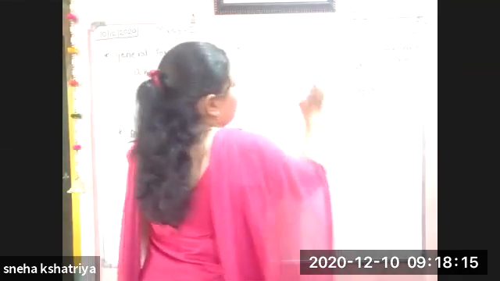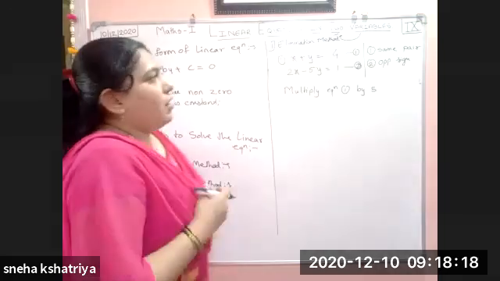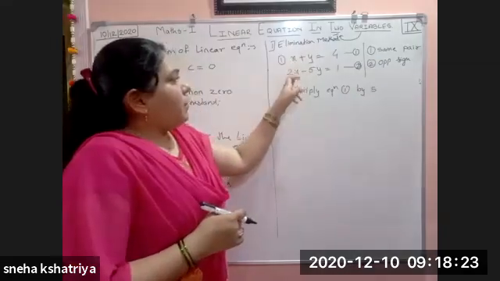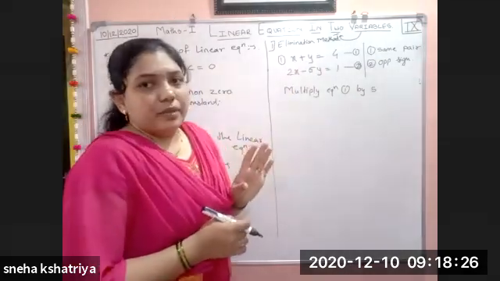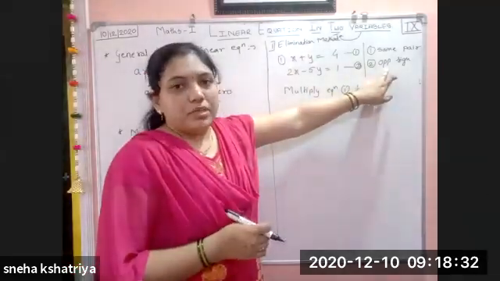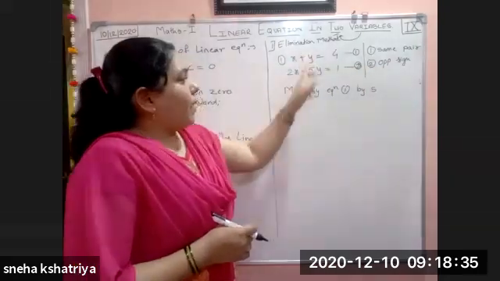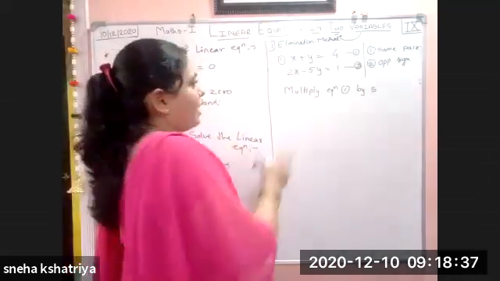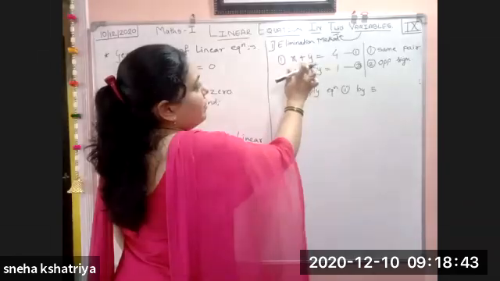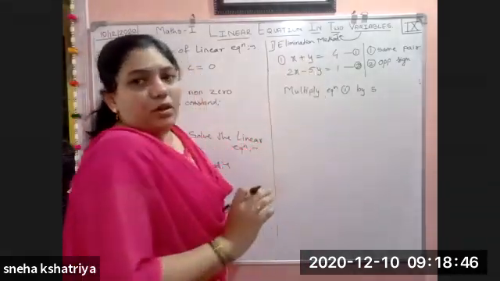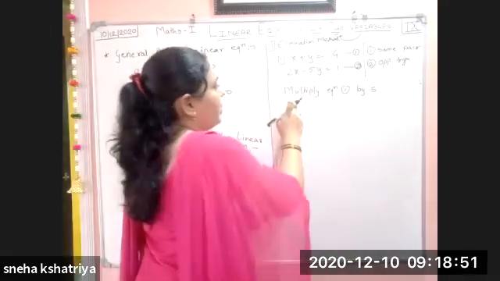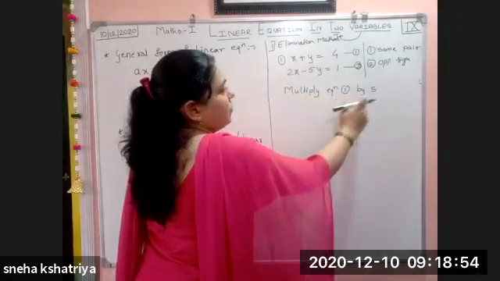Now, in the elimination method, the first thing you have to see is same pair and opposite sign. Means the pair of x or the pair of y should be same. If it is not same, it's okay. The second thing you have to see is the opposite sign. Here is the opposite sign for y. So we adjusted y. Accordingly, here is 5y. If we multiply here by 5, it will become 5y again. So 5y and 5y become a common pair. So we can form the same pair. Opposite signs are already there. So here I have written: multiply equation 1 by 5.